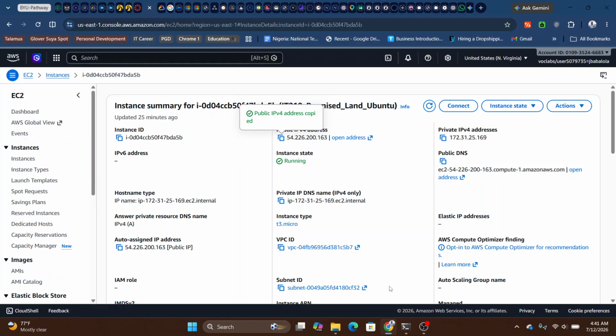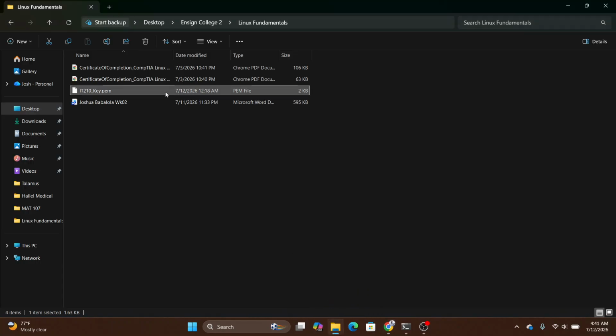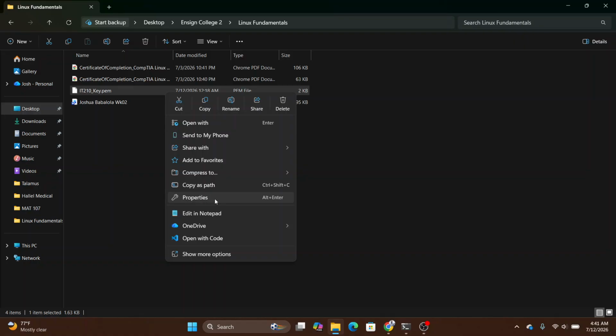So what I first of all did was to set up my environment locally on Windows, where I was further from the cloud on AWS. So I created the instance, the Ubuntu instance, and obtained a key pair, and this is the key pair I obtained. So I navigated to the file properties of the key pair and